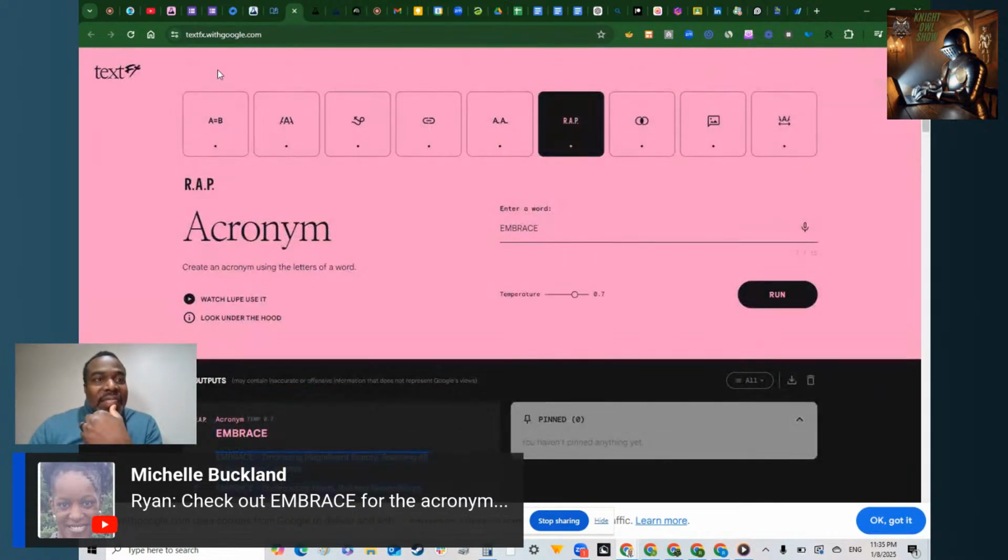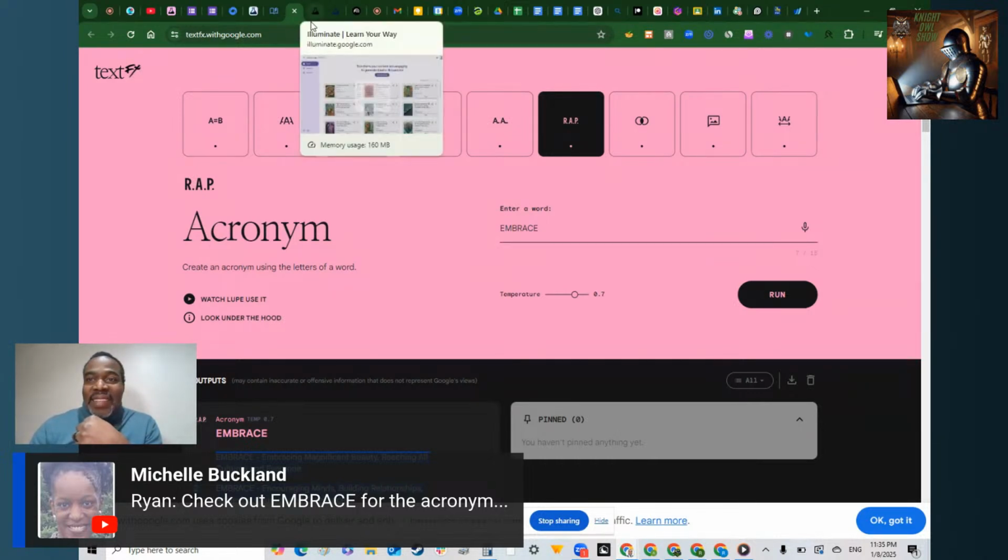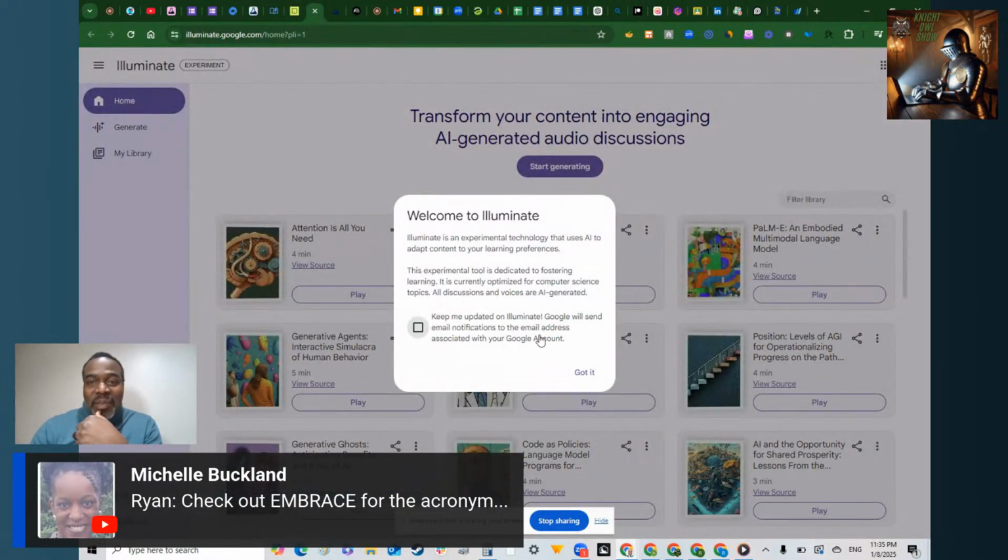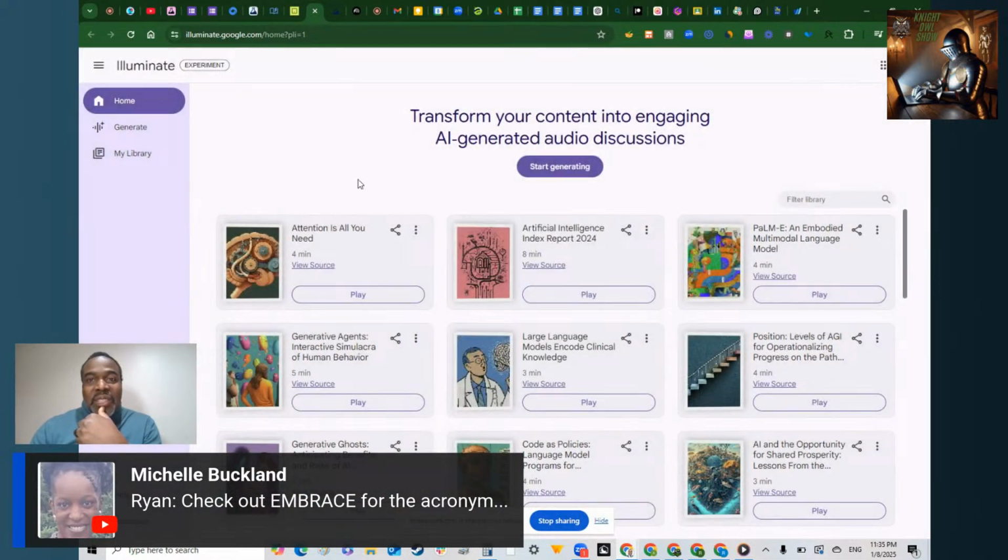So text effects with Google. Definitely, if you're stuck and want to get very creative with words, it seems you can hop into here and expand it, create acronyms. Very, very interesting. Okay. So now we're into